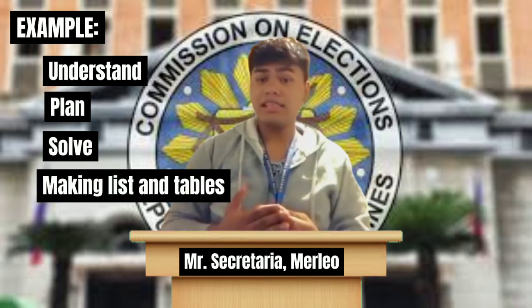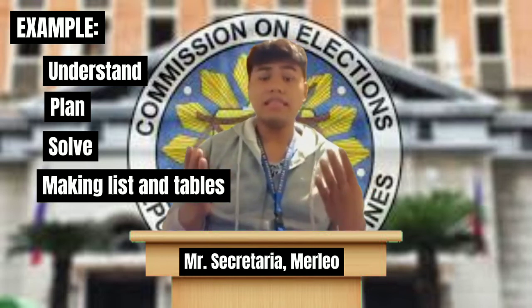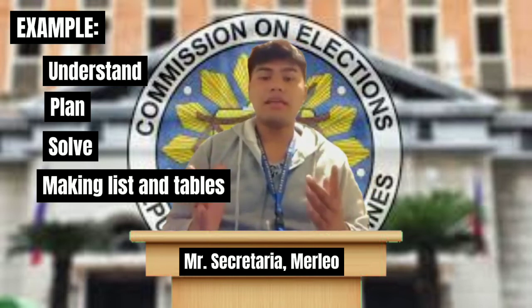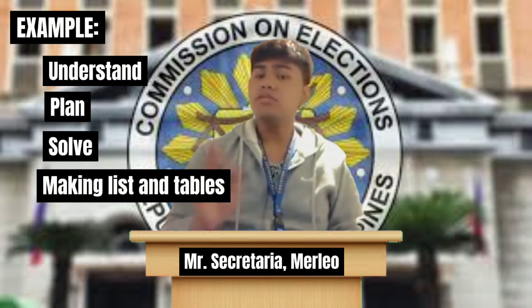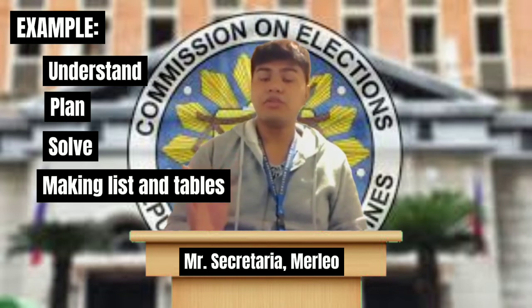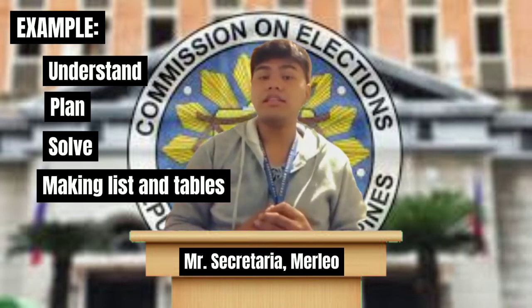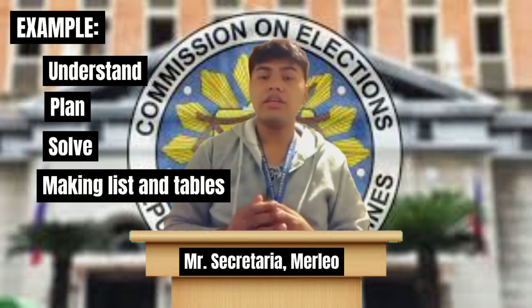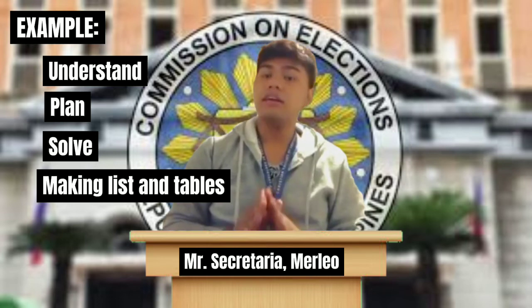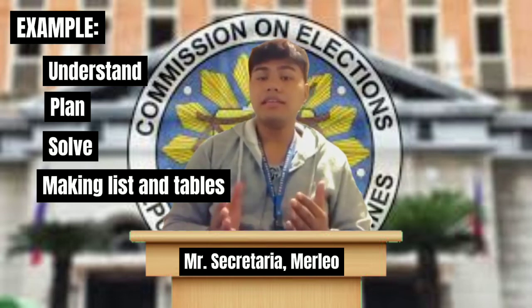Lastly is making lists and tables. Making organized lists and tables are two aspects of working systematically. Most children start off recording their problem-solving efforts in a very haphazard way. Often, there is a little calculation in this corner, and another one over there, and another one just here. Make an organized list.